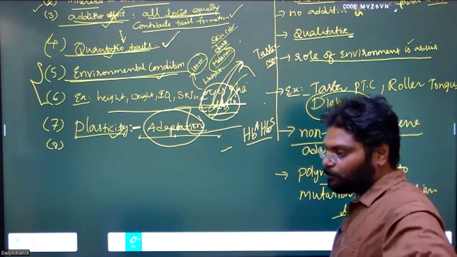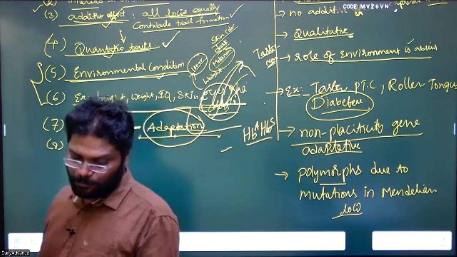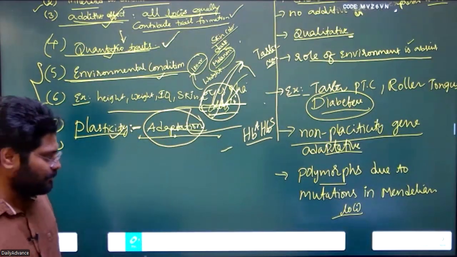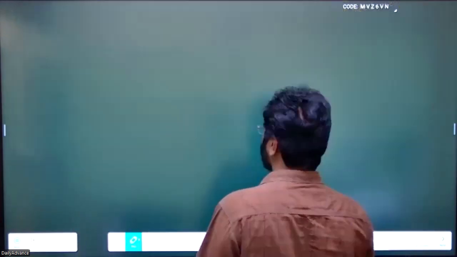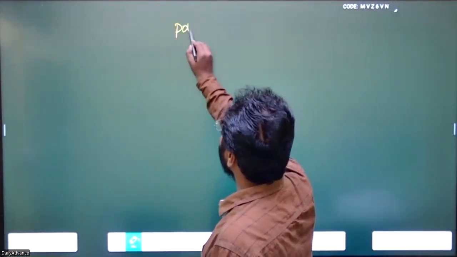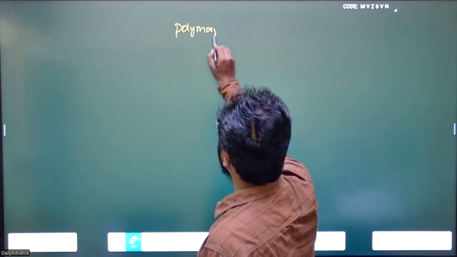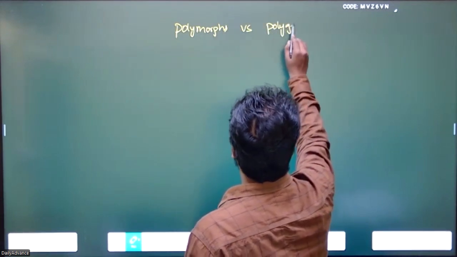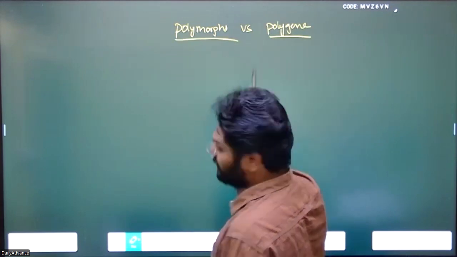So this is all about polymorphs versus polygenes. If somebody asks, what do you write? Polymorphs versus polygenes. So polymorphs means,